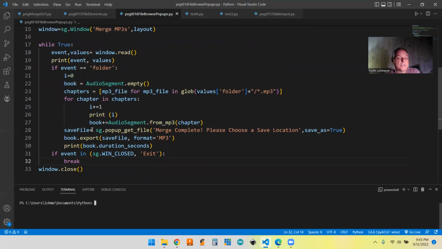When you finish with that, it's going to return the file pathway as a string, and it's going to put it in a variable called save file. And then PyDub uses this export to export the file, and this is the pathway to where it's going to put it, and it's going to make it an MP3